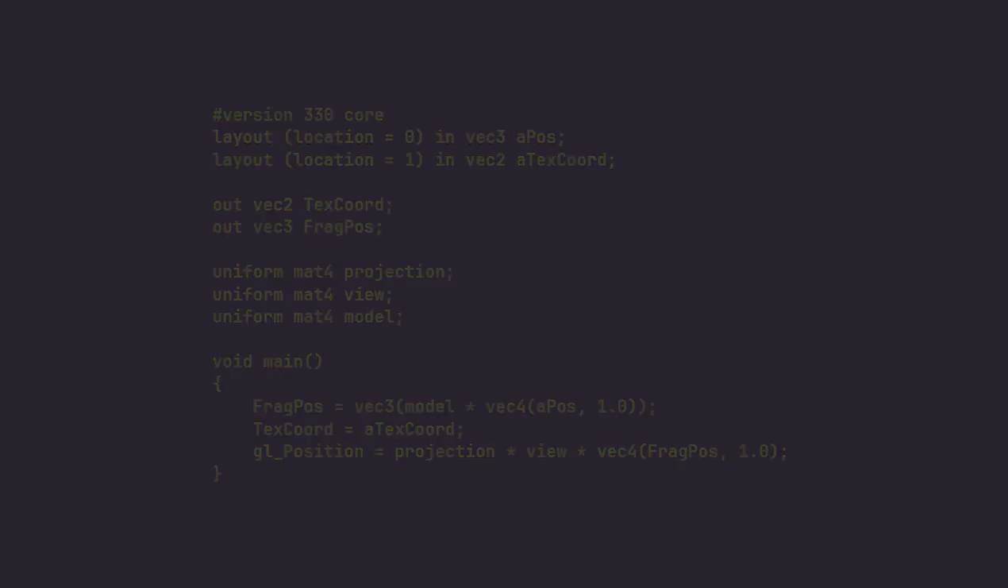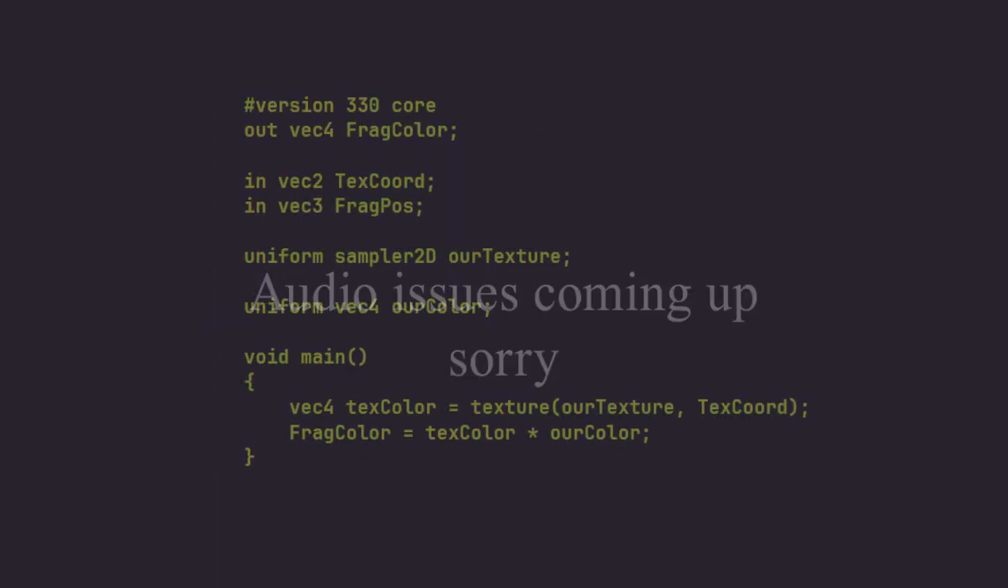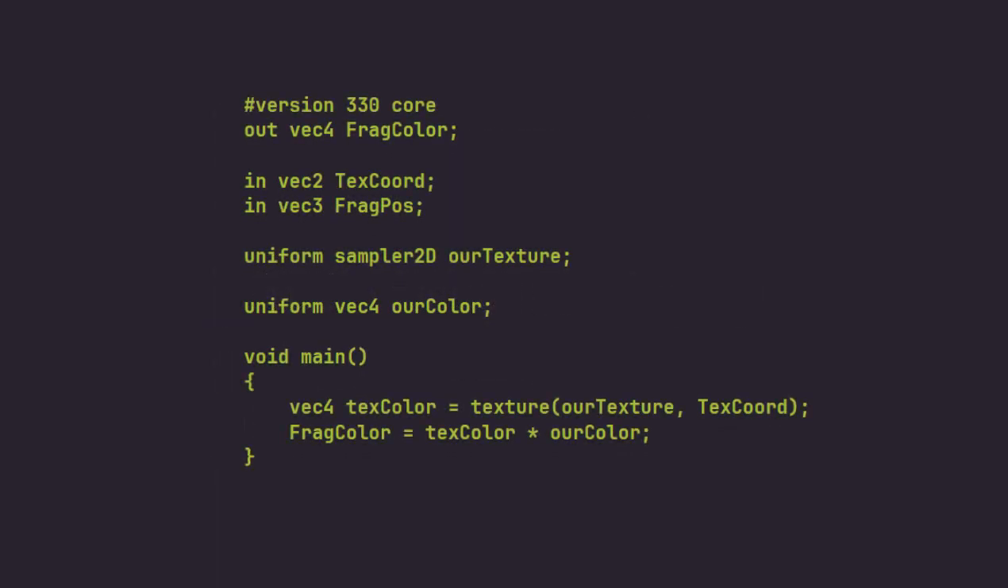And now let's take a look at the fragment shader. This takes in a vec2 of texture coordinates and the frag position. There is a sampler2D of texture. A sampler2D is just a texture image, and there is also a vec4 of color. This can be used to determine the final color of the image. We will calculate the texture color and then multiply that by the uniform of color to get the final result